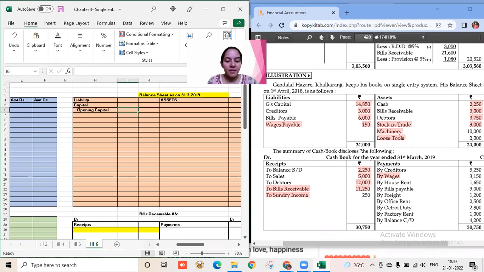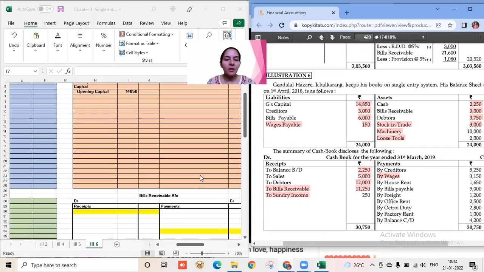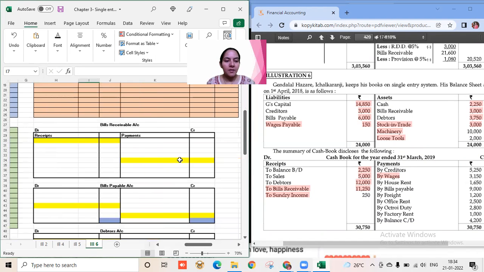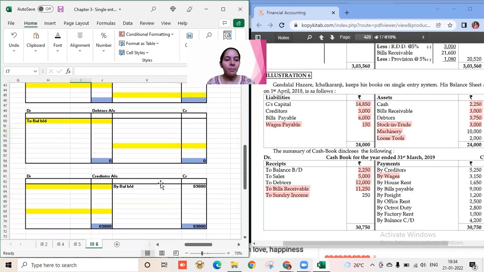We need not make a statement of affairs when opening capital is given. So 14,850 is the opening capital. Then we have an opening balance of creditors. So let's pick up this opening balance of creditors and put it on the creditors account credit side. By balance brought down for the creditors, which is 3,000. Check that all the numbers are not given in 1,000 or something like that. Sometimes smaller numbers are given. So sometimes they are in